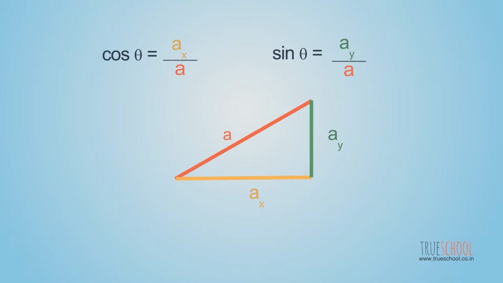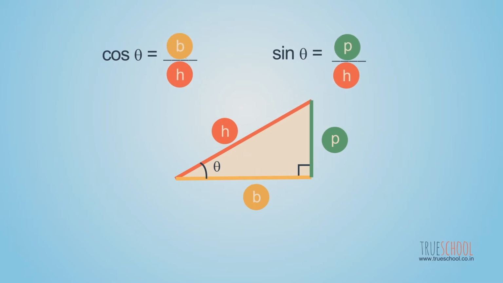Okay, but now it sounds more like a vector than trigonometry. Are we still learning trigonometry? Yes, we are. We just need to do a slight alteration in our approach. We superimpose the vector and its components on a right angled triangle. The y component becomes the perpendicular height, the x component becomes the base, and the vector itself becomes the hypotenuse. And so accordingly we define our sine and cos. Well, this was easy. But this is not all.